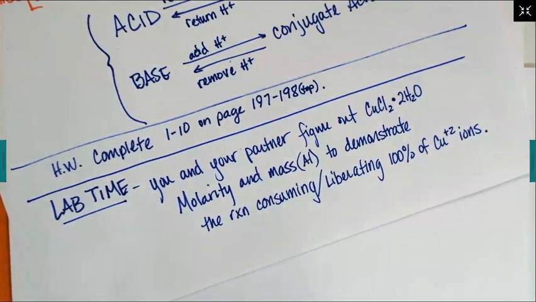So first, calculate moles for each one of these. How many moles of copper chloride you have, and how many grams you have to have in a liter. And then you can cut it down. Well, we're not gonna do a liter, we're gonna do 10 mils. So then cut that down, right? So it walks you through it. All right. Thank you.